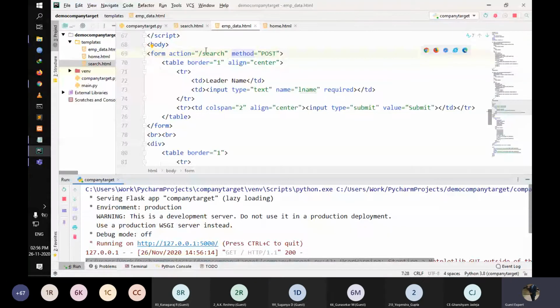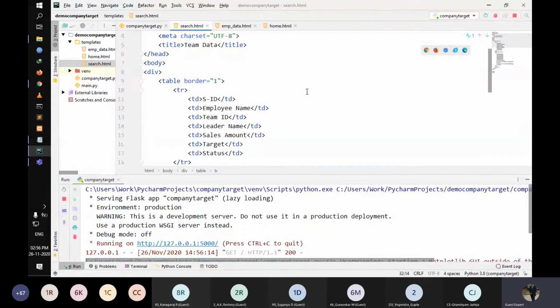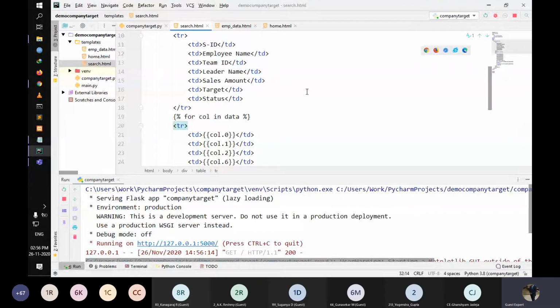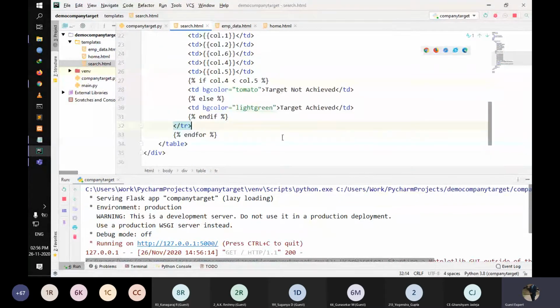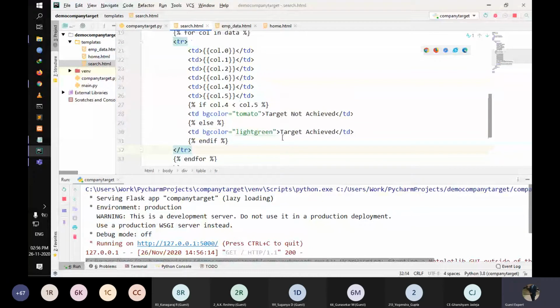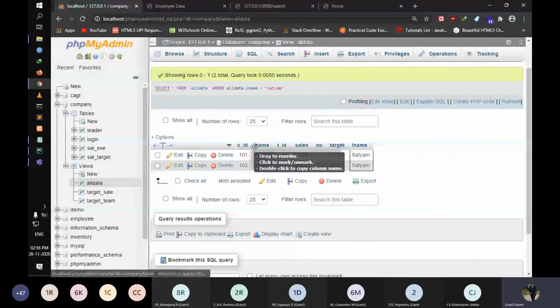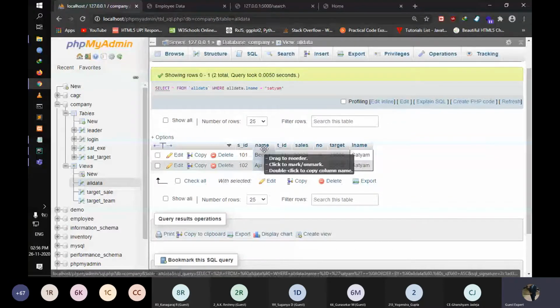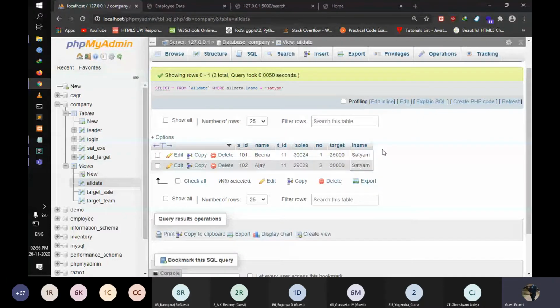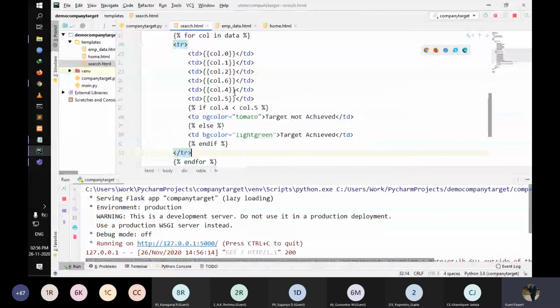Okay, there's some issue. Let's check where I'm making a mistake. Yeah, I think there's some issue with the rows that I've created. 0, 1, 2, 3, 4, 5, and 6. Yeah, I think I understand what the mistake is. This needs to be 3.